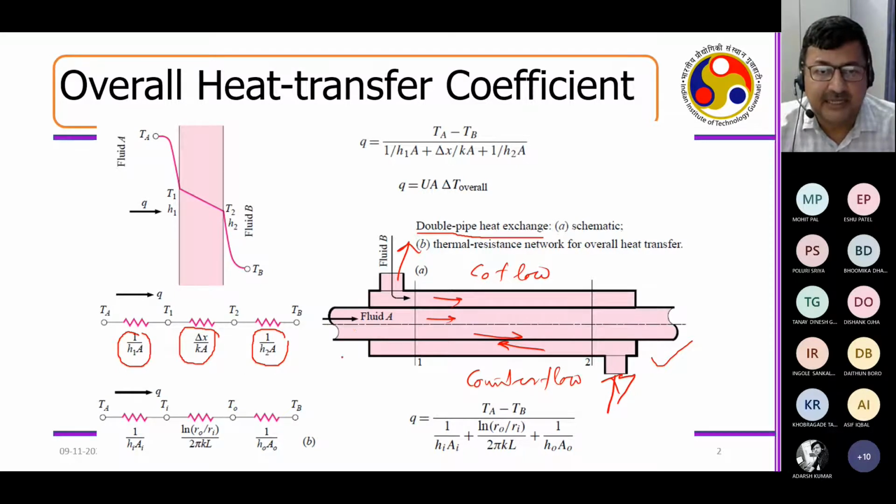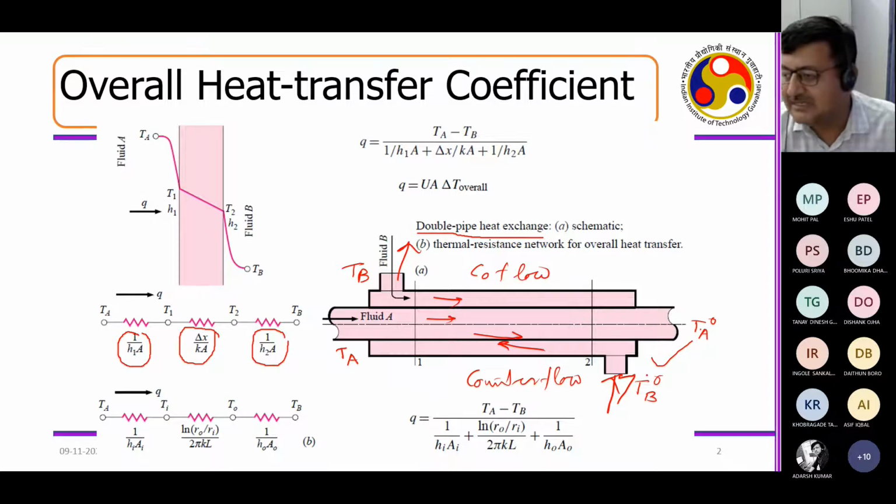Okay. Now, in a co-flow arrangement, A is a hot fluid, so here you have a temperature of TA, correct? And fluid B is a cold fluid, coolest at the entrance, so this temperature is TB. So you may encounter the maximum temperature difference here. But once this hot fluid is cooled down, this is the TA at the outlet. Now this hot fluid has cooled down, and this cold fluid has also heated up, that is TB out. So you may see that here the driving force is maximum, whereas here the driving force is the minimum.